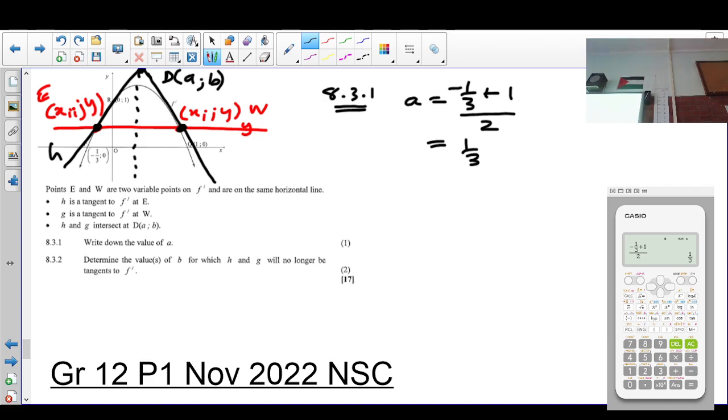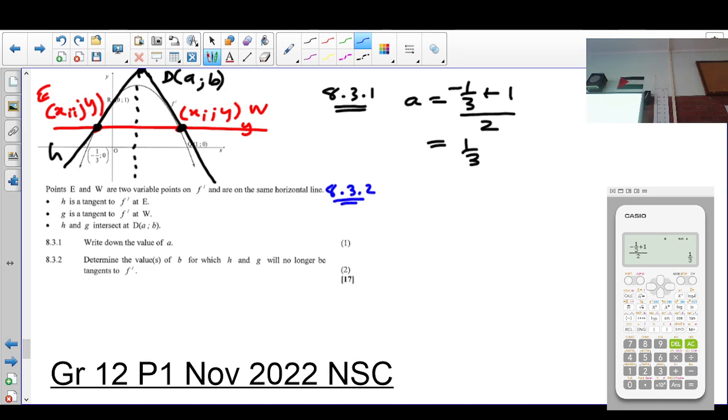You shouldn't consider E and W any longer. Okay. So if E and W are points on the graph, let's first work out B as it stands. Okay. So